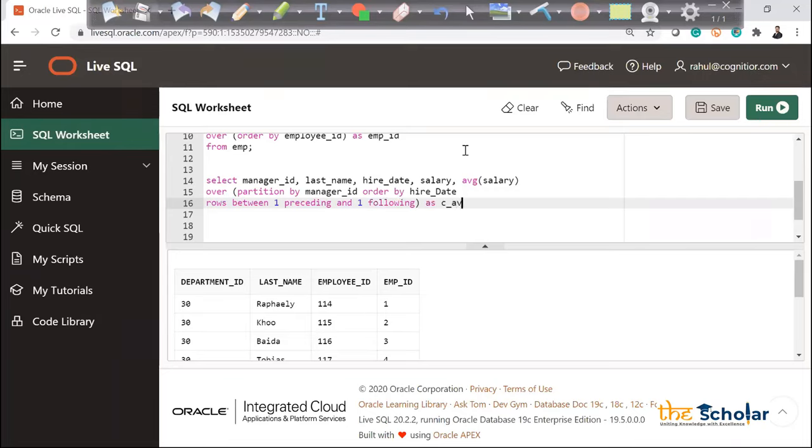We'll see what this is going to do. From, maybe I'll use this only, the EMP data, order by manager ID, hire date, salary.